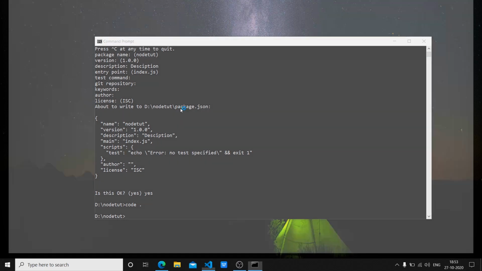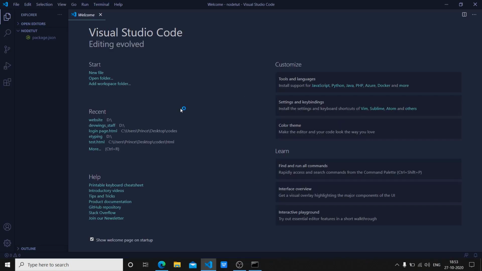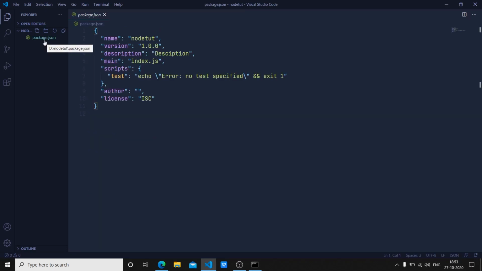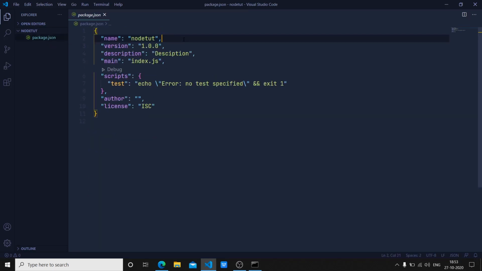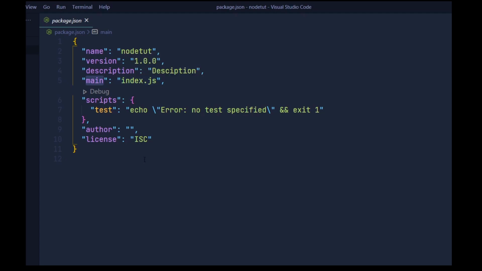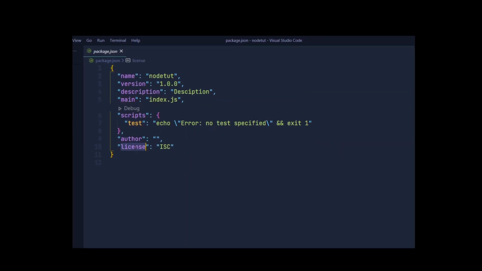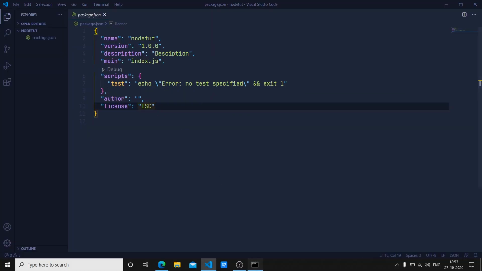I'm just going to open this folder in my code editor, that's Visual Studio Code, so that I can see what we have. And here I have a package.json file. Here you can see I have the main, that's the index.js file. That means whenever I run any of these scripts, whether test, start, or anything as such, it will execute the index.js file for me, so I have to create that. The version is obviously 1.0, the description is what I put here, then author, and then the license. So this is basically the npm init thing.